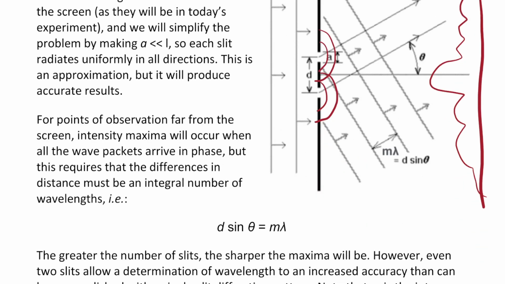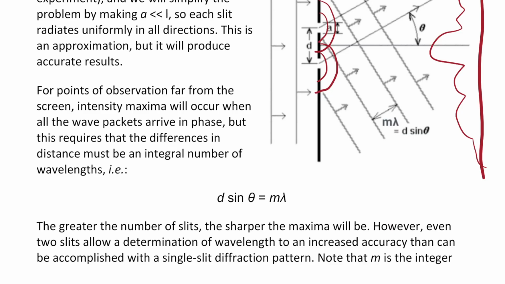All right, but that's not too important. Like, I mean, it's important, but don't stress too much about it. Regarding the LSA, understanding the physics of this, the basics of what I just explained, and also the equations that are relevant, are important. This equation tells you, for some integer m, again m can be 0, 1, 2, and so on. Actually, I think it could be plus or minus 1, plus or minus 2. This tells you that d sine theta, where this is d, is equal to m lambda,